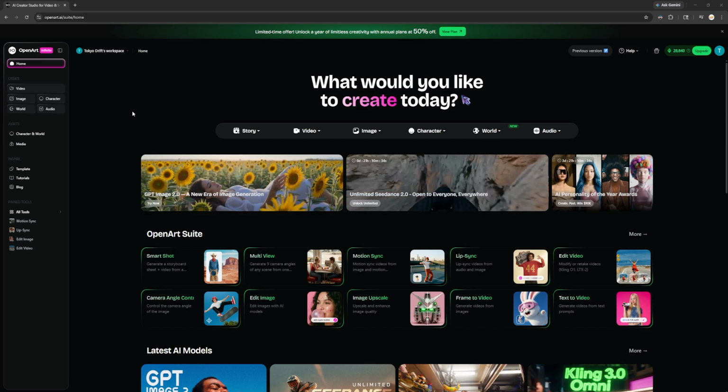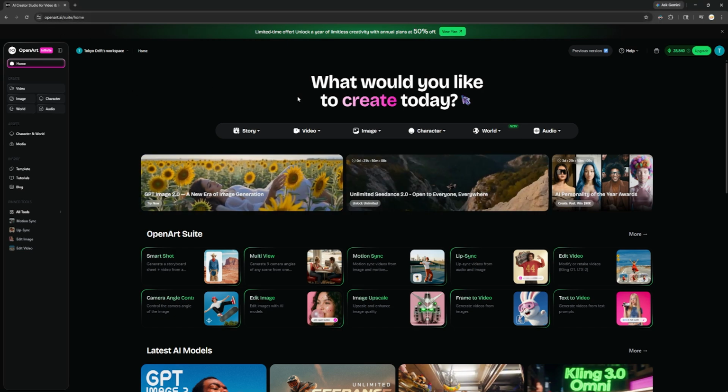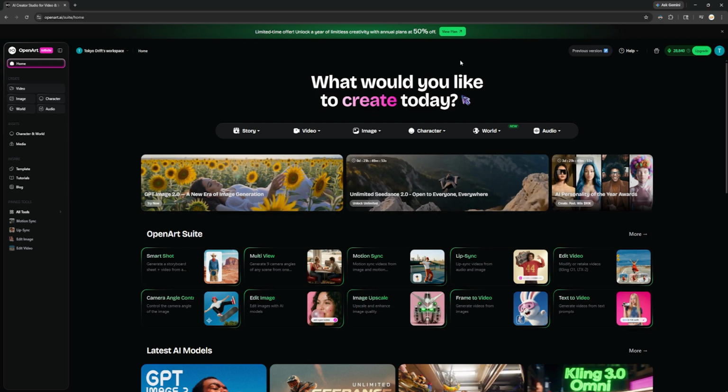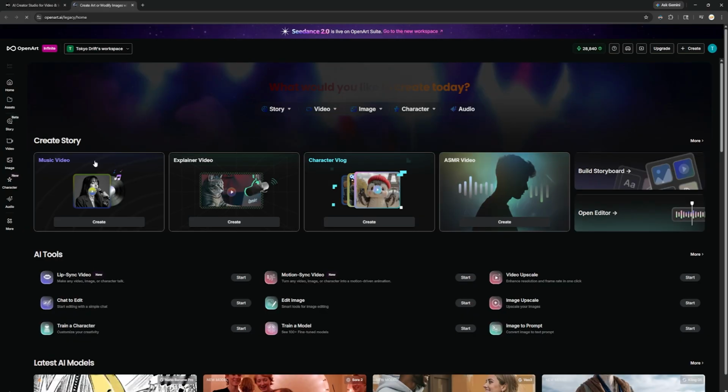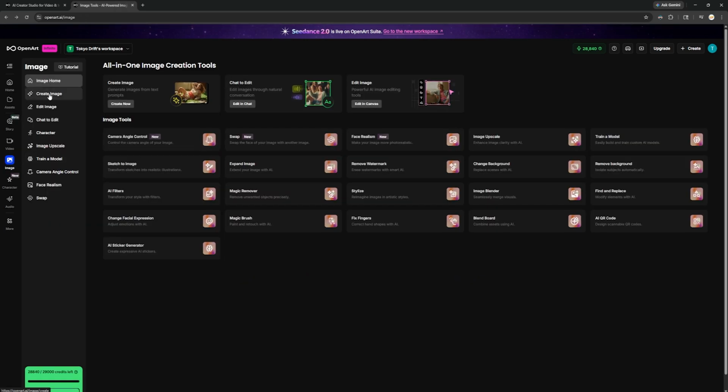How to control image composition with prompts. So I'm over here at OpenArt AI in the new workspace. If you want to use the new workspace, just use it here. Just come to the home page, or you could use the previous version. I'm gonna go to the previous because it's cheaper. I'm gonna go to image, then create image,